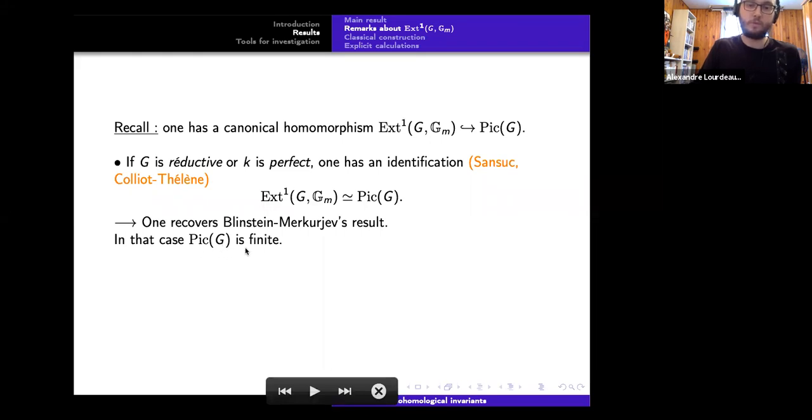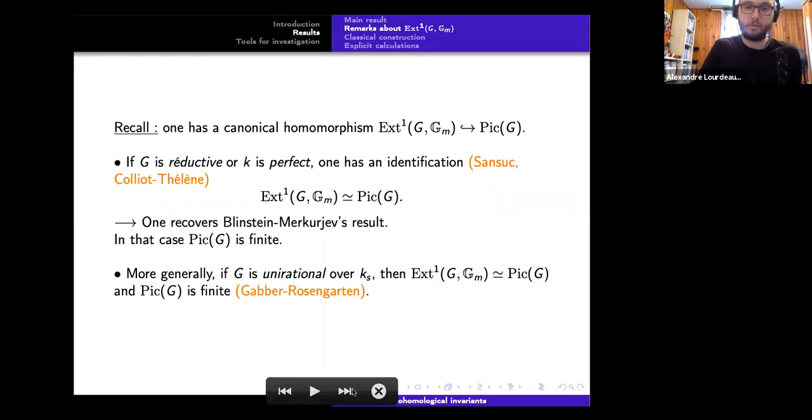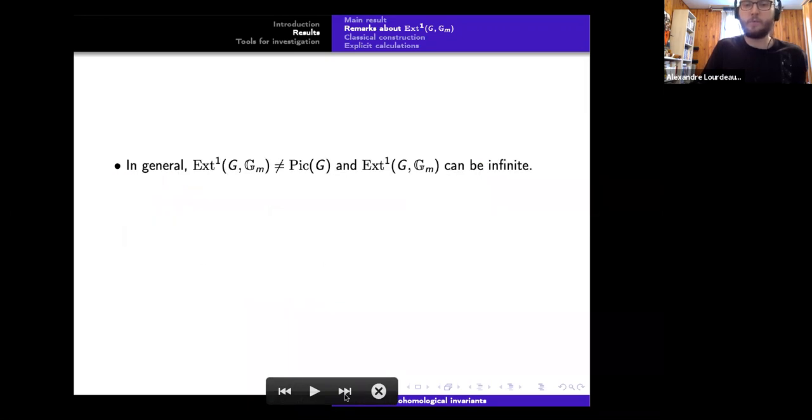To continue on the finite case, we recall a result by Gabber-Rosengarten that if G is unirational over the separable closure of the base field, then the extension group is isomorphic to the Picard group, and also the Picard group is finite. But in general, the canonical morphism is not an isomorphism, and even the extension group can be